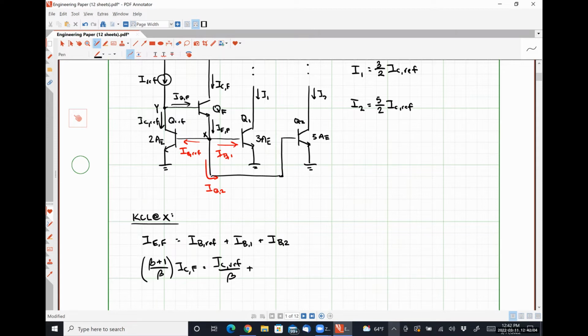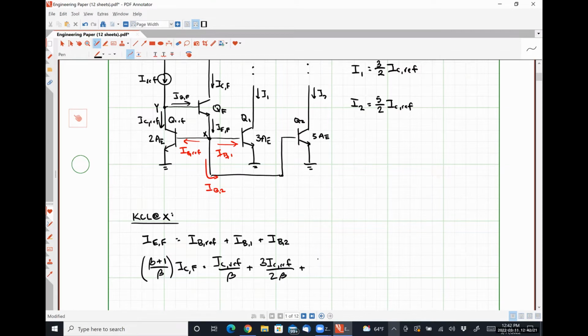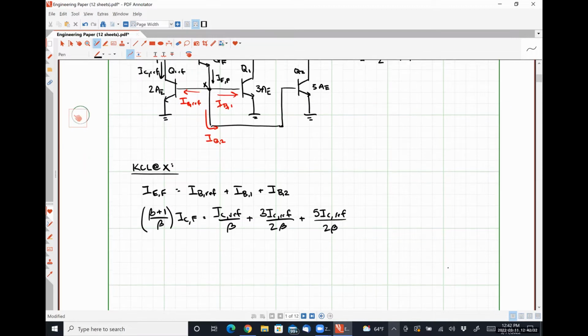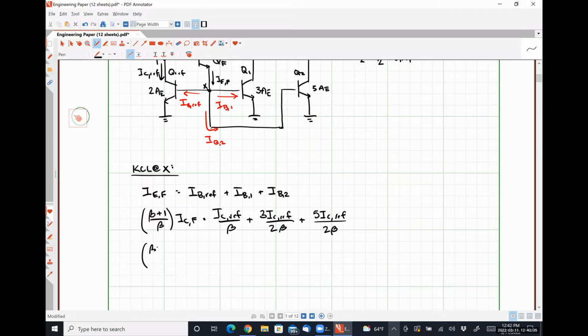IB1, since the collector current flowing through Q1 is 3/2 IC ref, should just be 3 IC ref over twice beta. And similarly, our base current for Q2 should be expressed as 5 IC ref over twice beta. And so just doing a little bit of algebra here, I'm still going to have beta plus 1 over beta times ICF on the left-hand side. And I'm going to have IC ref